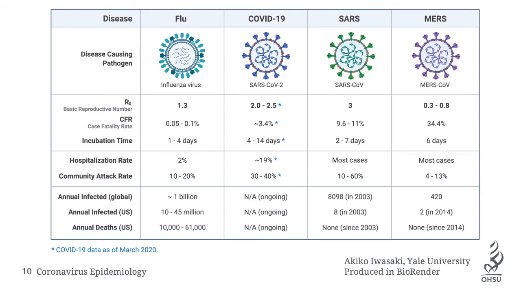When we start putting these diseases side by side into a chart to compare how similar they are, we can see that the three coronaviruses listed have very different rates of fatality, different incubation times, and their hospital rate really varies. We've included the flu here as a comparison so that you can see how that compares to coronaviruses, and you can see that it has a much lower fatality rate than any of these three coronaviruses, and the incubation time is generally shorter. Hospitalization rate is also lower for the flu.